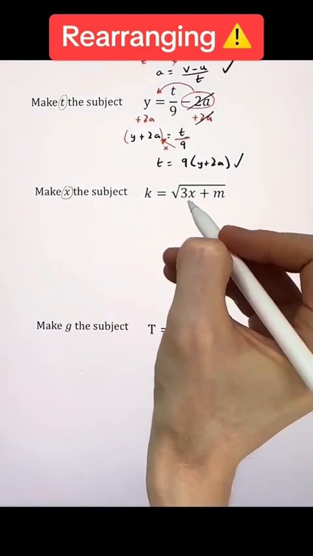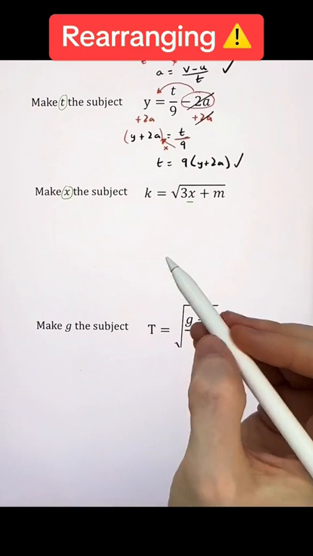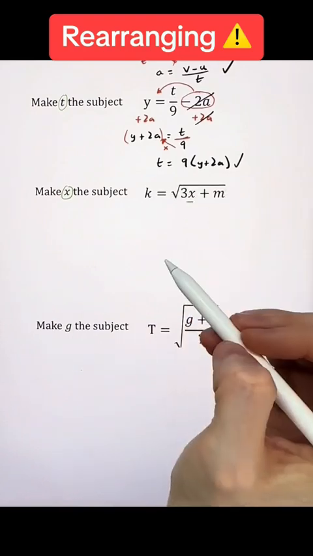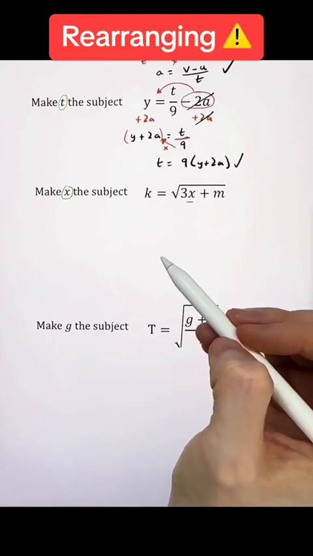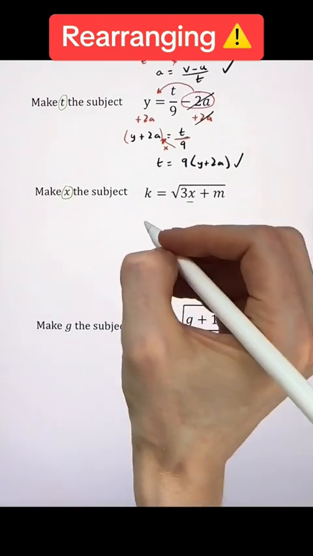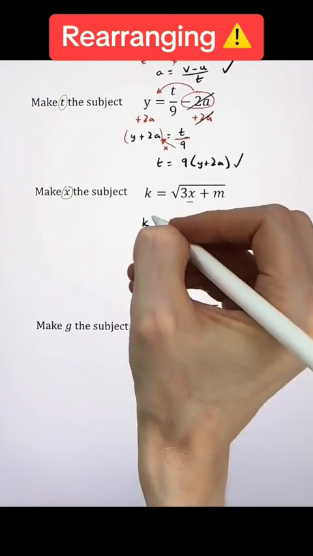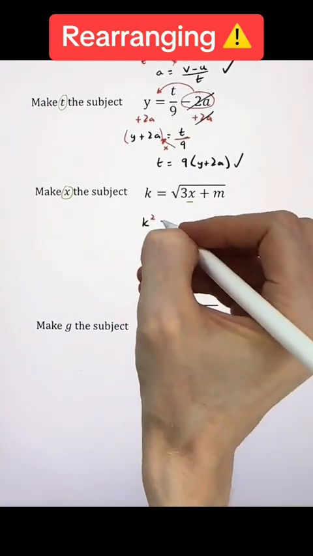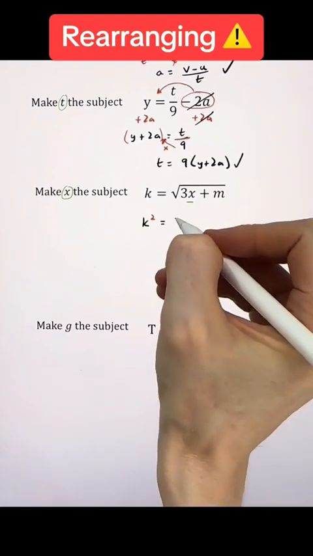Make x the subject. My first step is to locate the term x. Before I can get at the x, I can see the whole right-hand side is underneath the square root. Well, the opposite of square root is to square. So on the left-hand side, I just had k. As I'm now squaring it, it's going to become k squared. And on the right-hand side, I'm just going to be left with whatever's inside the root, in this case, 3x